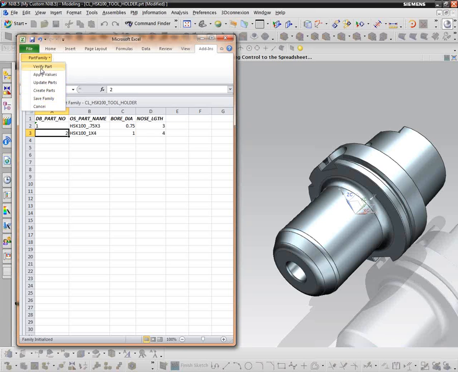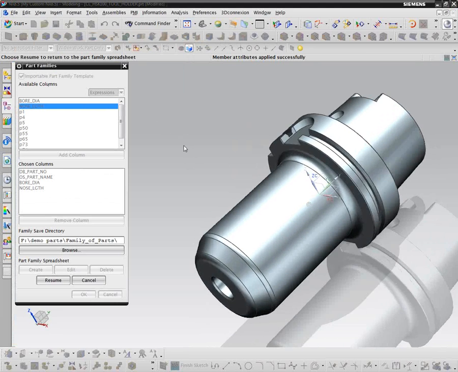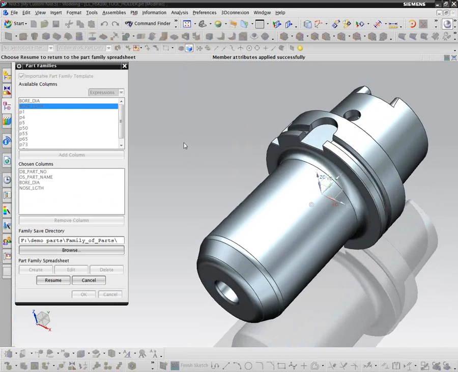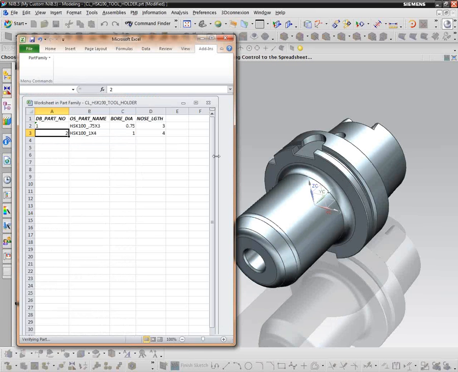So let's verify this part. I see my part change. Okay, so this is a way of testing out whether or not your expressions are valid, whether it's working right. Now we hit resume, and it takes us back to